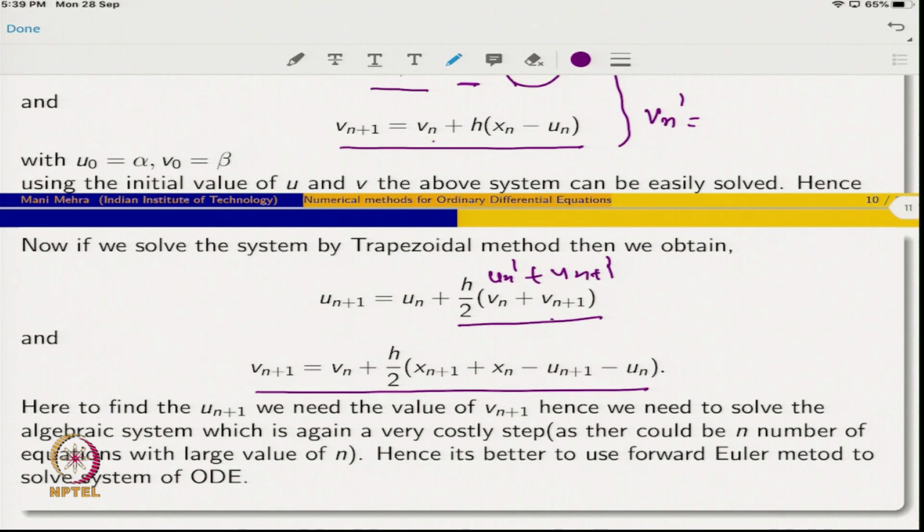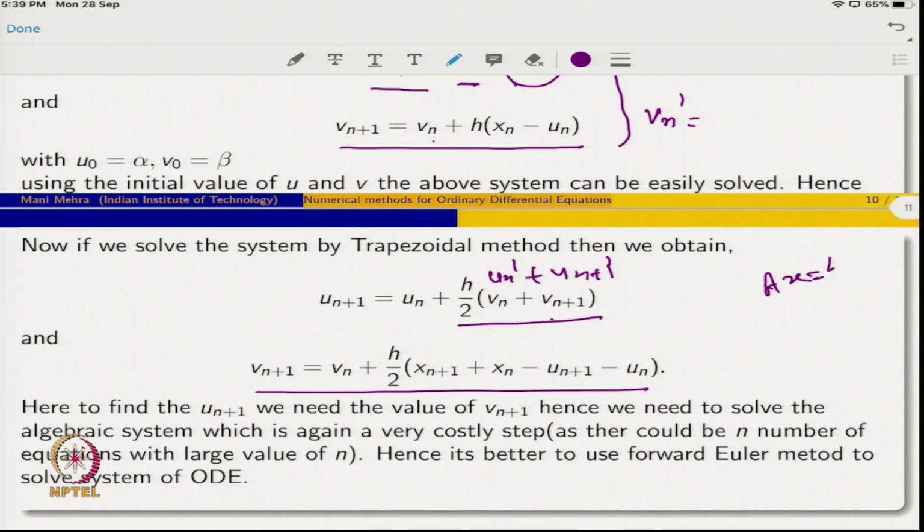And solving an algebraic system of high order is a costly step, that all of us know, and you must have also observed in the earlier part of this course that solving Ax is equal to b is a costly step once the order of A is large. A 2 by 2 system you can anyway solve by hand also, but we are developing numerical methods not for the 2 by 2 case. This is just for simplicity we are taking this problem, but our motivation is for a general and complicated case.